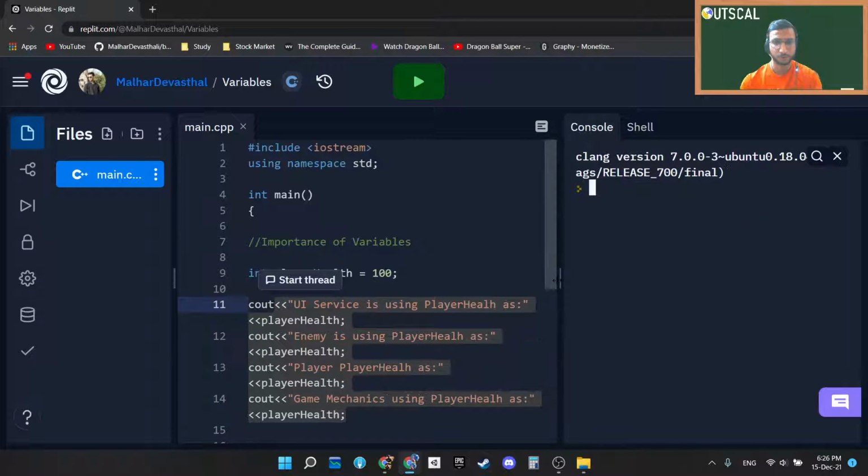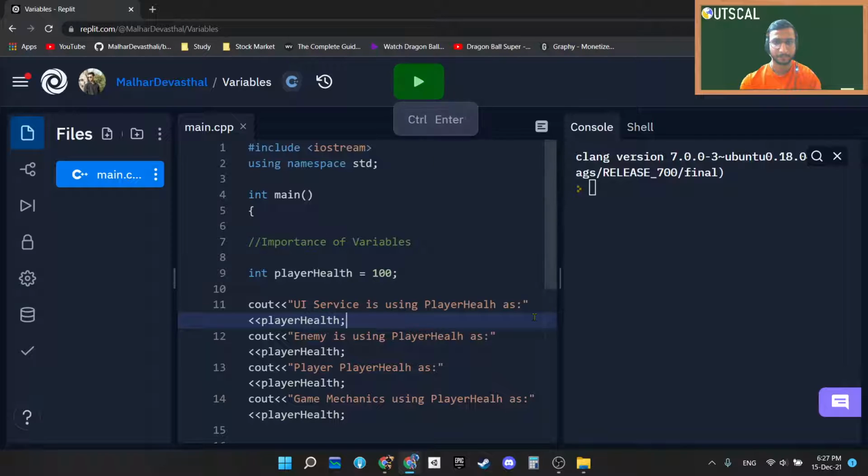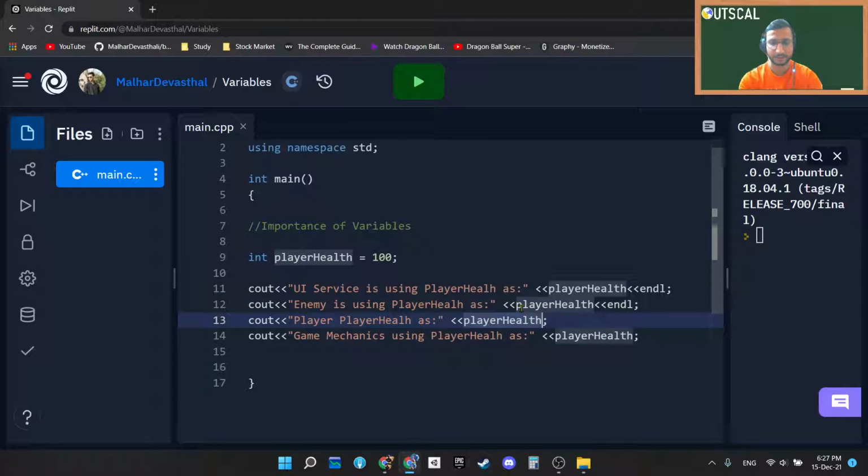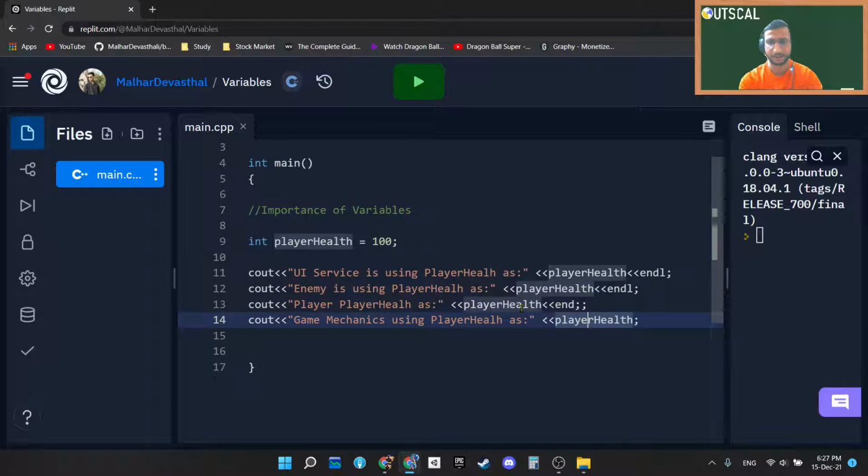So I want to show you the quick output of this. I haven't written \n at the end, so the output will be weird. So I'm just adding it. I guess I'm ending with a variable, so I will go for endl. If you're ending with a variable, then just go ahead and write endl, that is end line, to terminate the line.